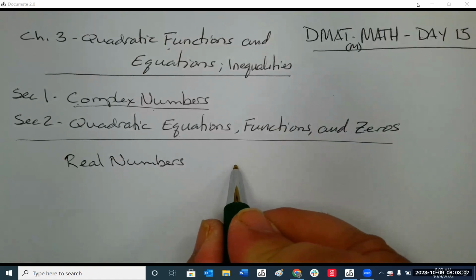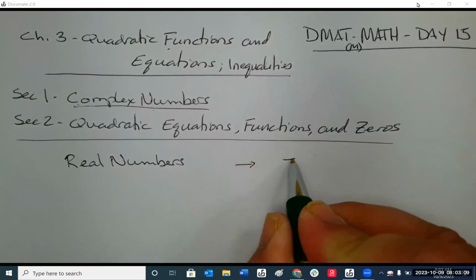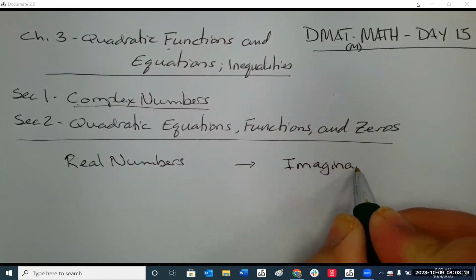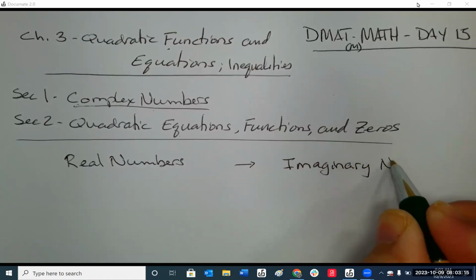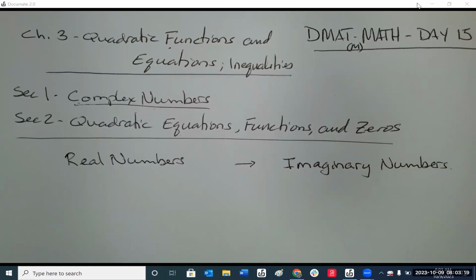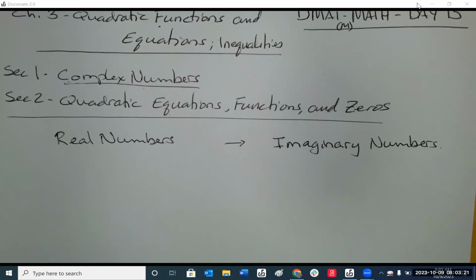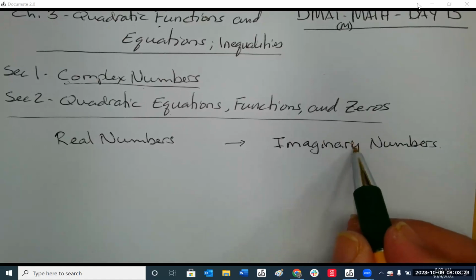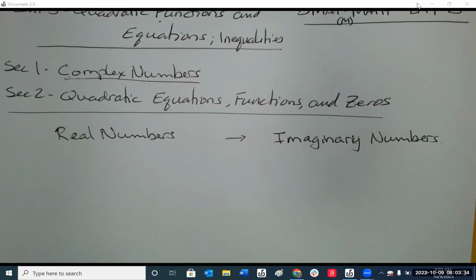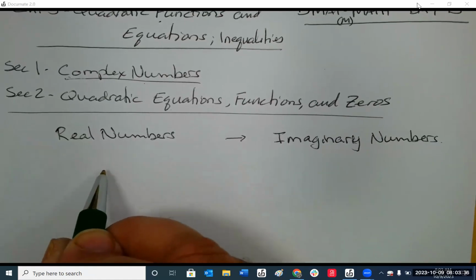The opposite of real numbers are what are called imaginary numbers. These are numbers that you can't graph. You can only imagine what they look like. A primary example, which we're going to focus on mostly today, is